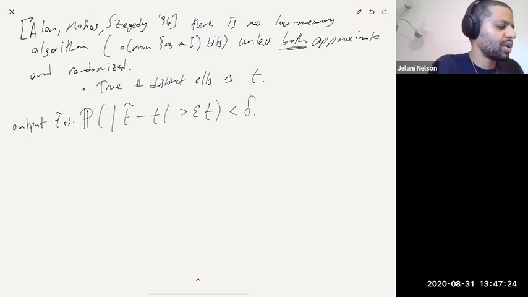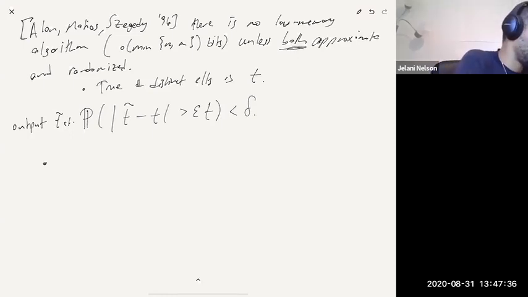I will show in this course how you prove that there is no low memory algorithm unless you're both approximate and randomized, but that's for later. So now I just want to show you how to actually do it. And the first kind of non-trivial algorithm